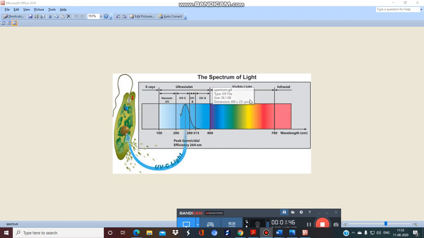As you can see, this is the spectrum of light. Here is the bactericidal effect of UVC light, because UV light is divided into different types as per their wavelength, like UVA, UVB, UVC. UVC is perfect for germicidal action, at 264 nanometer. So this is the unit in nanometer. Always remember this unit in nanometer or angstrom. Here is the region of the visible, and this is the infrared region. You can see here, this is the UVC light, that is the germicidal action.